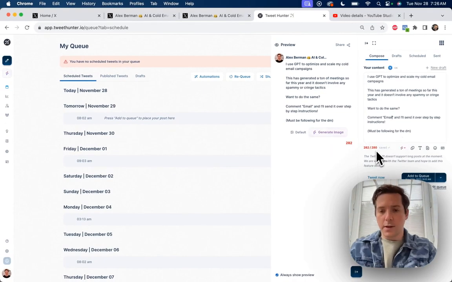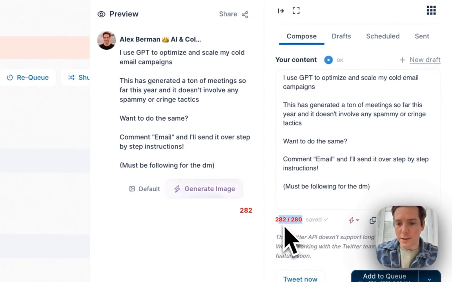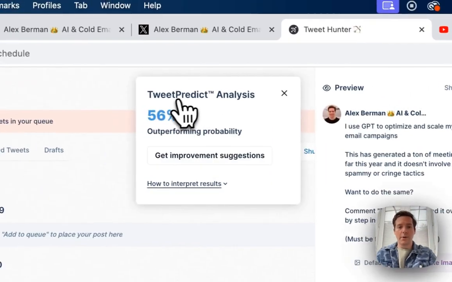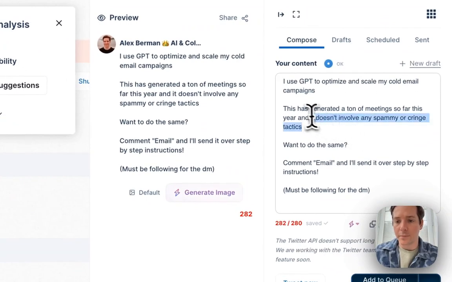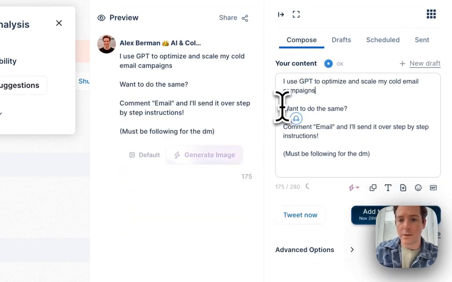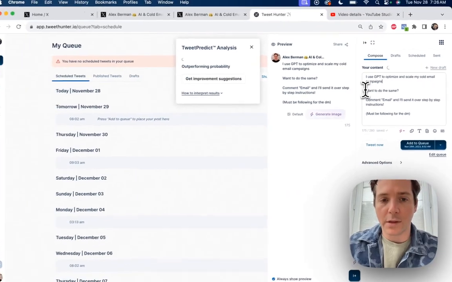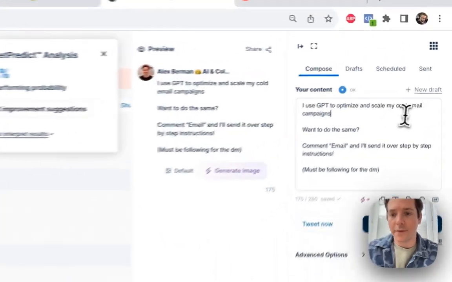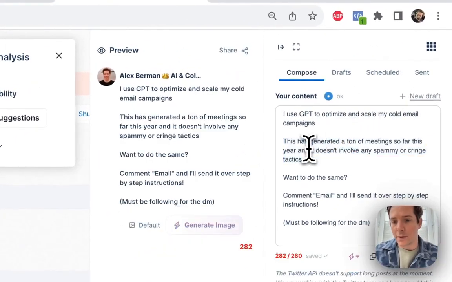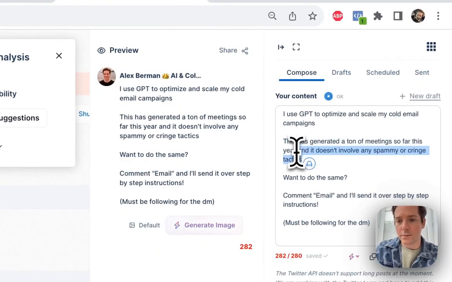So now there's a couple things you want to look out for. One is this. You want to be under the character limit. But two, you want to look out for this thing. Tweet Predict Analytics will predict how impactful the tweet is. For instance, if you remove this, now it should go from 56%. So it's at 55. So 56% to 55. But if you remove this sentence,